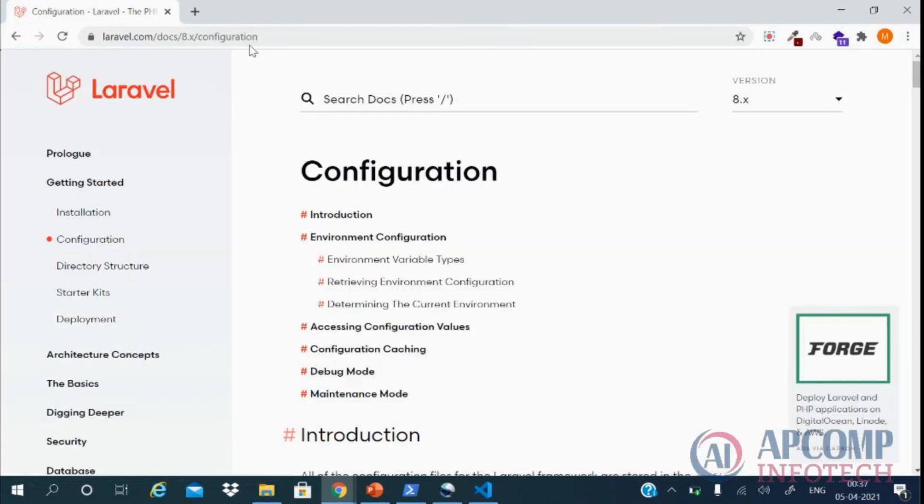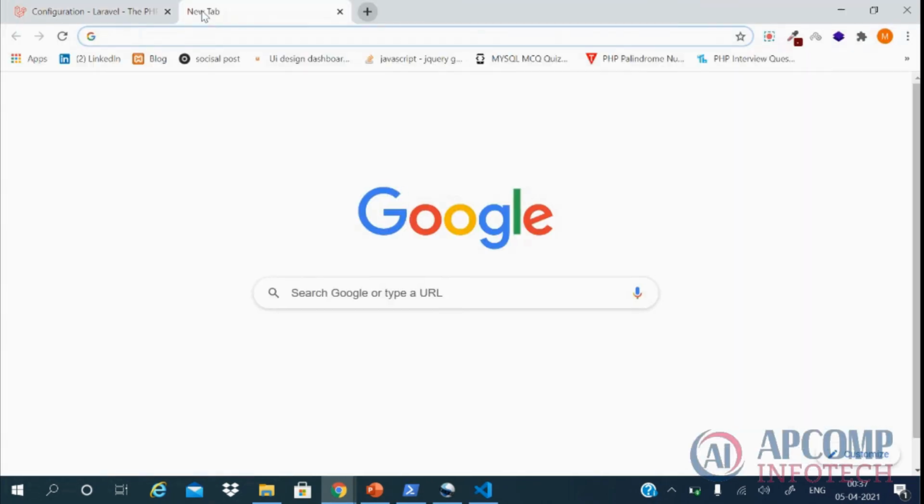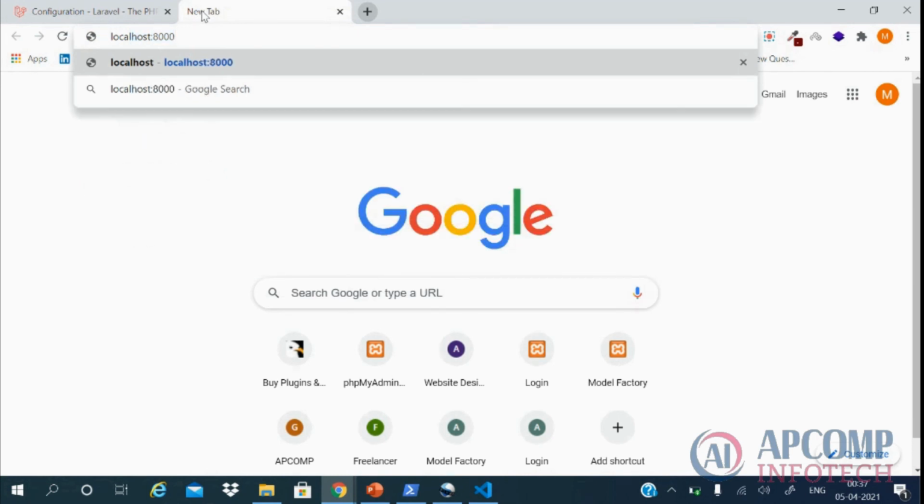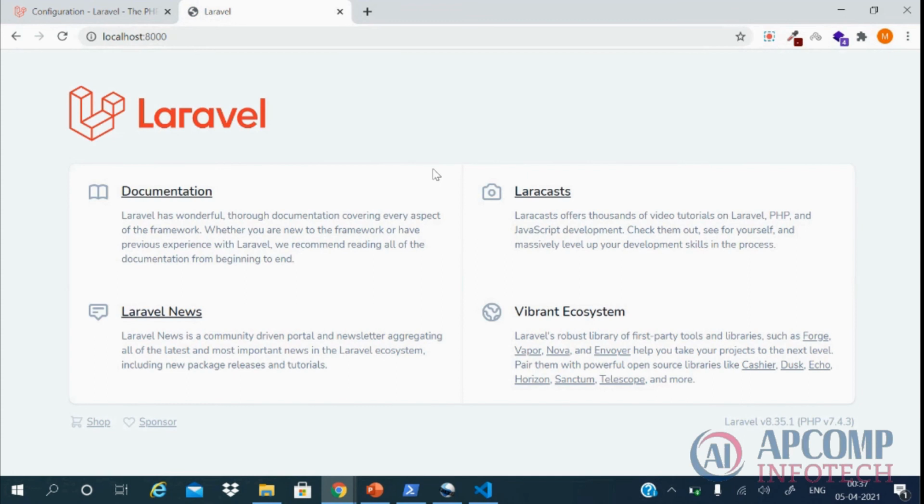So I will go to the web browser and write localhost:8000. As you can see, our new Laravel project which we just installed is running on localhost port 8000.